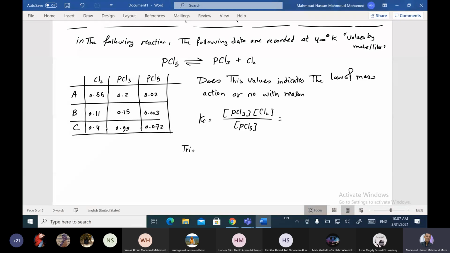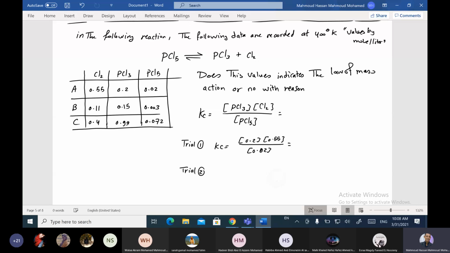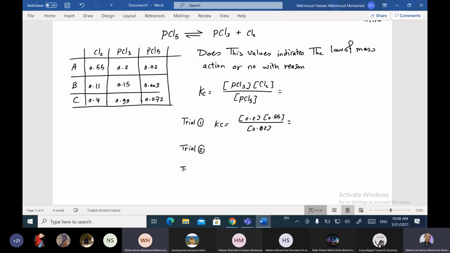Trial 1, Kc equals 0.2 multiplied by 0.55 divided by 0.02, which is 5.5. Trial 2, the Kc equals